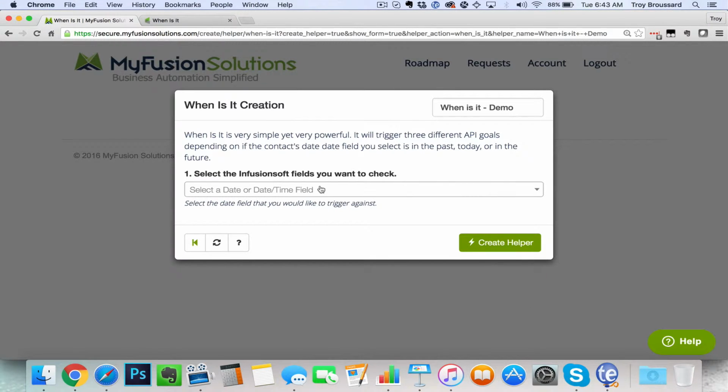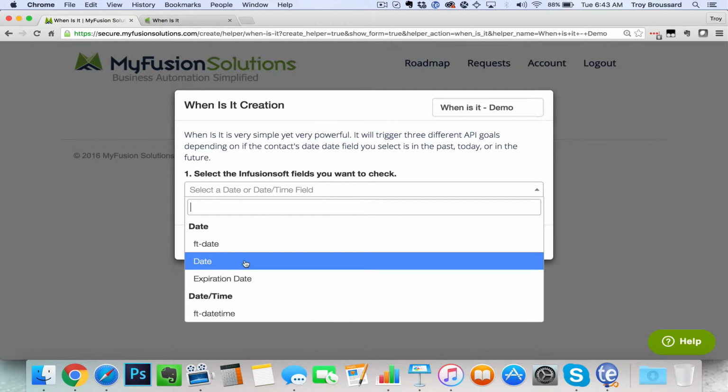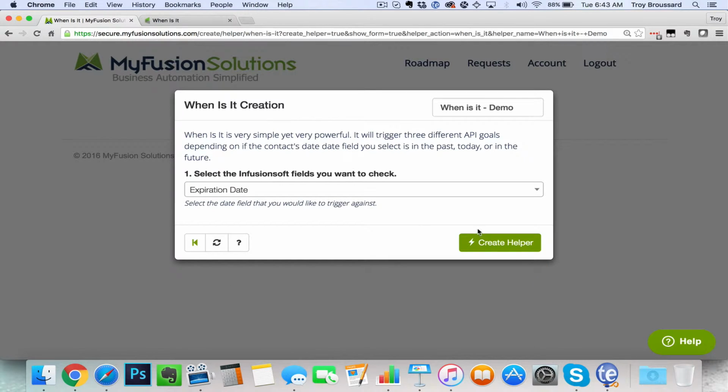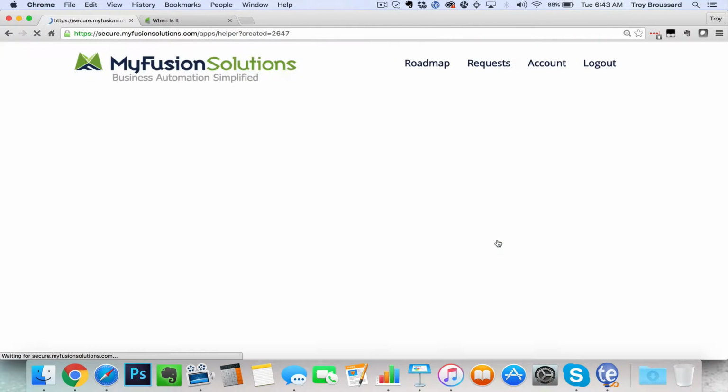It cannot be any easier to use. So you can either select a custom date or a date time field, whichever you need. Typically, this is something related to an appointment, and I'll show you how this becomes useful in just a minute. So it works off of one of the date or date time fields. So I'm just going to grab this expiration date field as an example, and we'll go ahead and create the